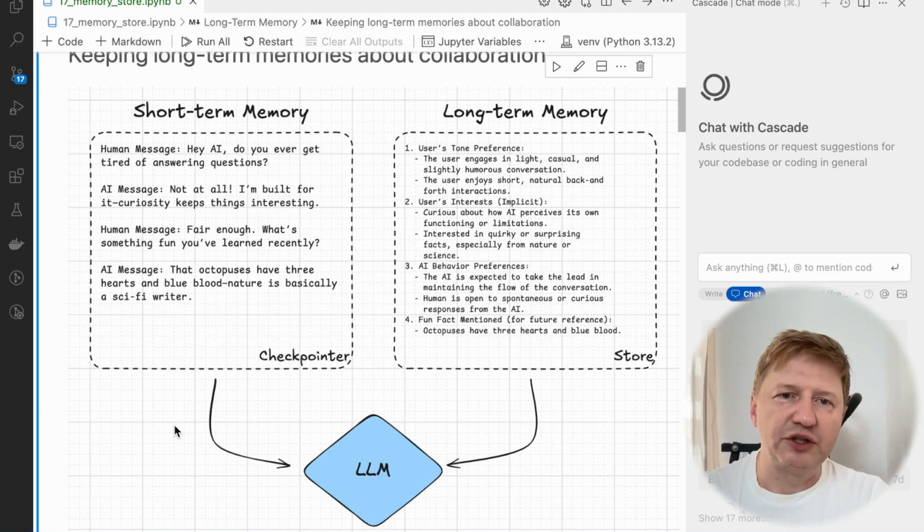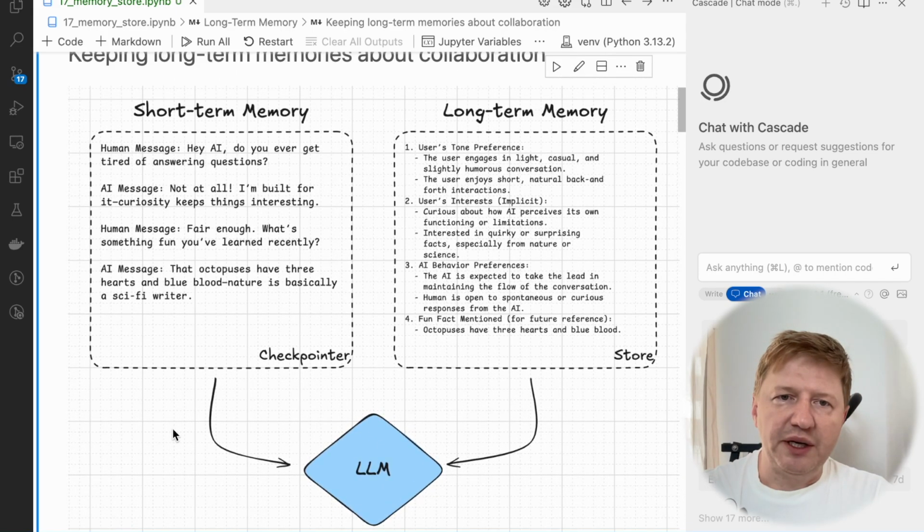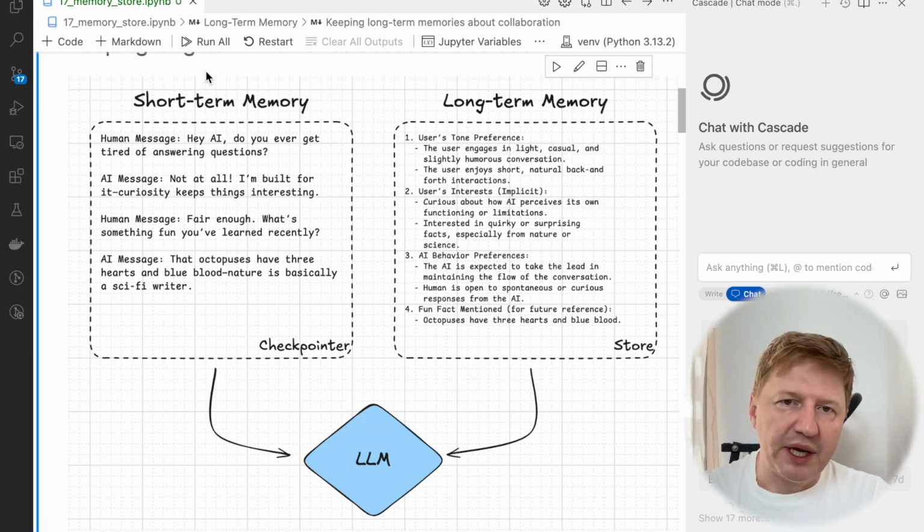So we do have the short-term memory, and this is our conversation. And for long-term memory, we can keep different facts about the user. For example, it could be user profile, name, interests, different preferences maybe. It could be specific AI expectation, behavior, or something else, or maybe funny facts. But this is something that is not related directly to the conversation, but helps you in your current talking. So this is the difference between short-term memory and long-term memory. And practically what's happening, you're feeding both types of memories to the LLM to help the model produce a much better response. So that's the idea.